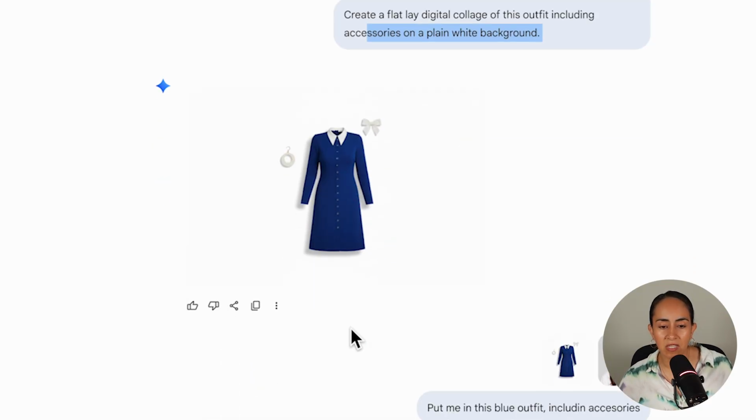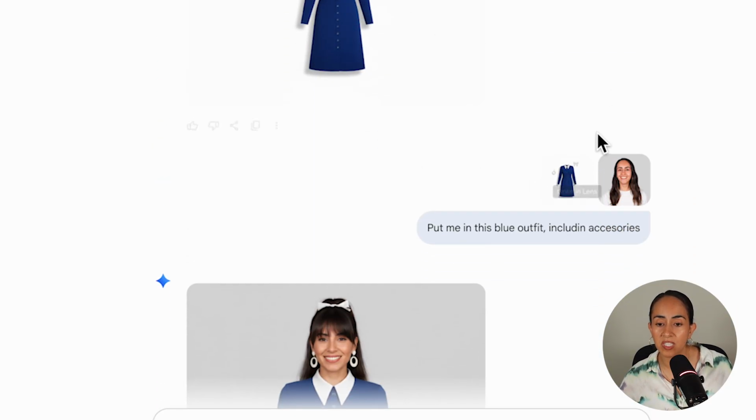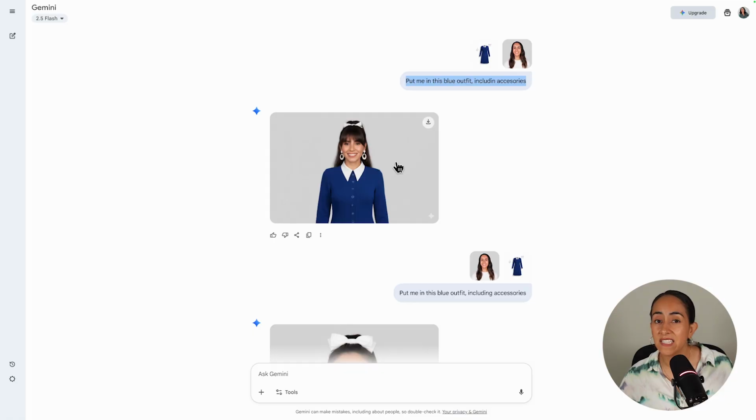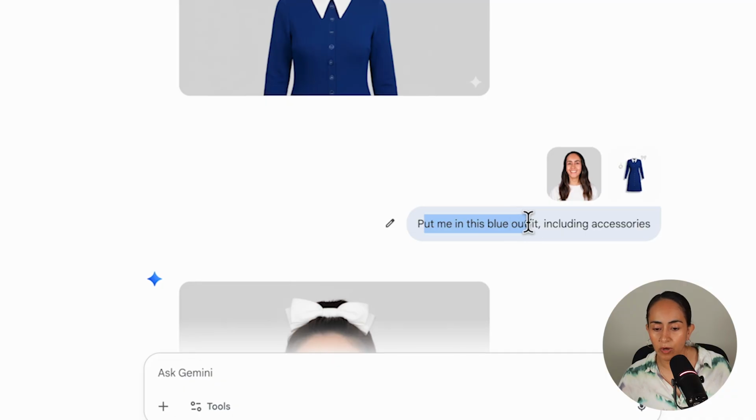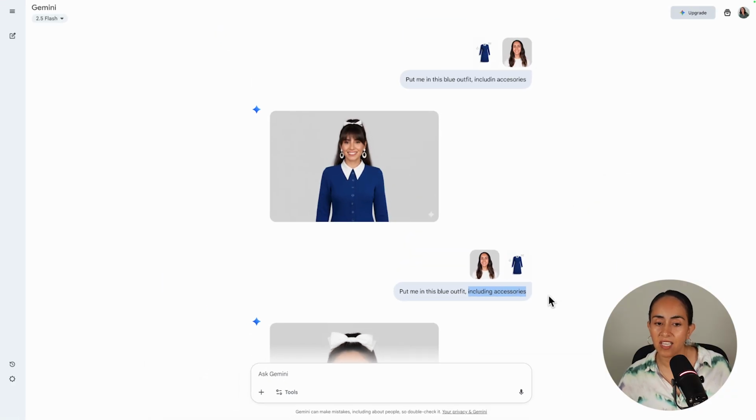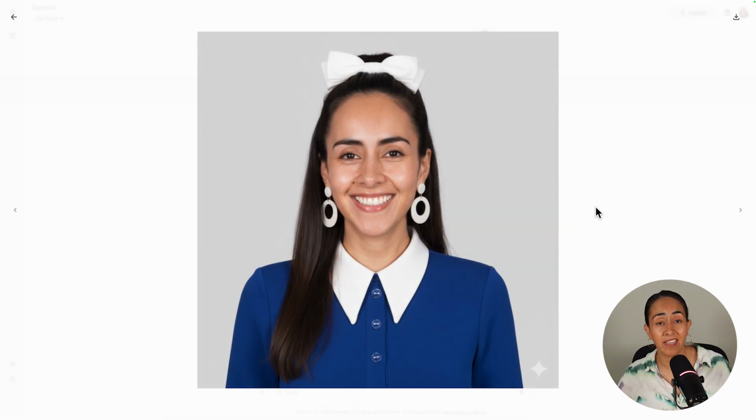Once I got this image, I re-uploaded it into the chat with my photo. And then I asked, put me in this blue outfit including accessories. You can see that this result, this woman doesn't quite look like me, so I tried one more time. Put me in this blue outfit including accessories. And this is what I got. I actually was quite surprised because this image looks like me, and I got exactly the perfect outfit